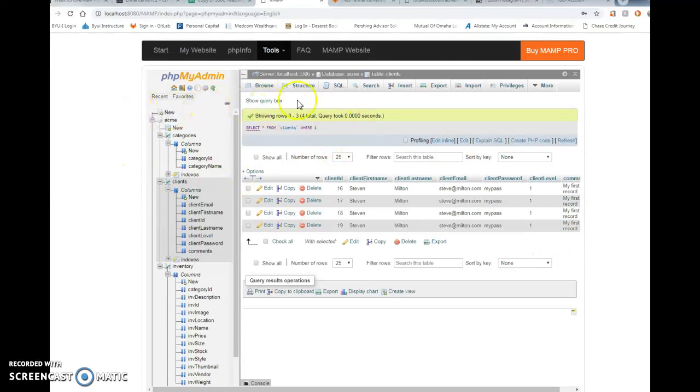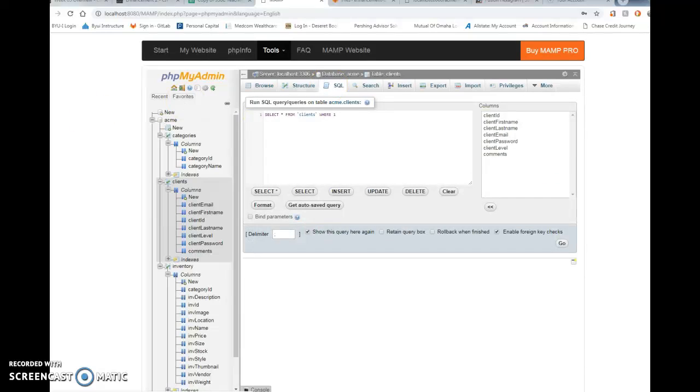So the next thing we want to do is do an update statement. Update statements are used to update the data in the table. You can pick and choose which fields you want to update and what values you want to update them to. You can do them one at a time. You can do multiple records at a time, depending on how you want to do it. So the basic syntax of an update statement